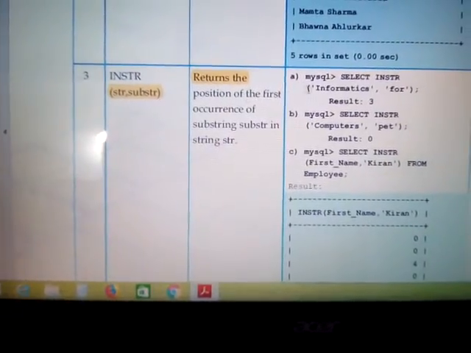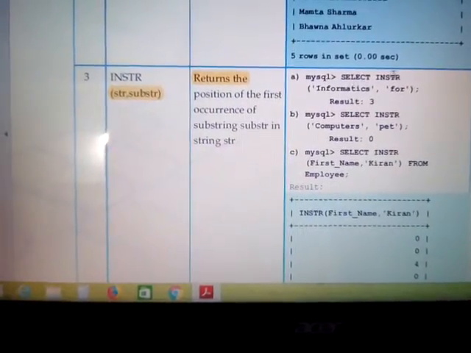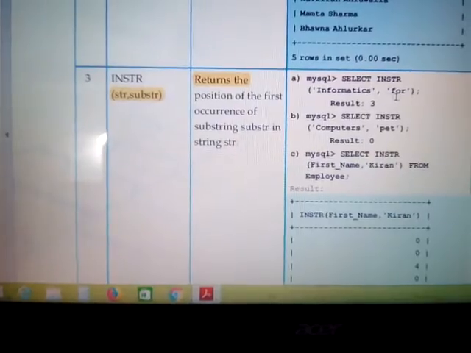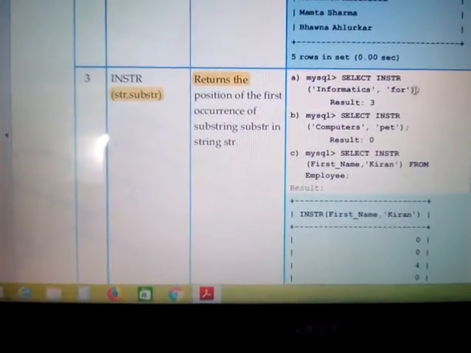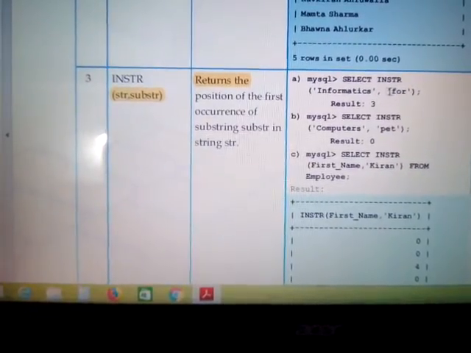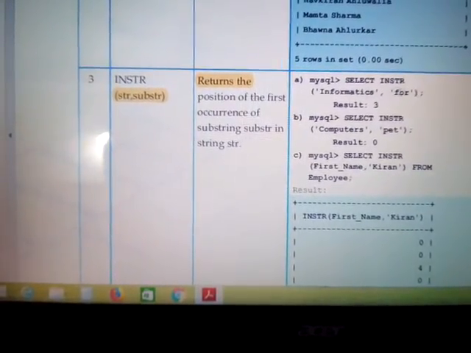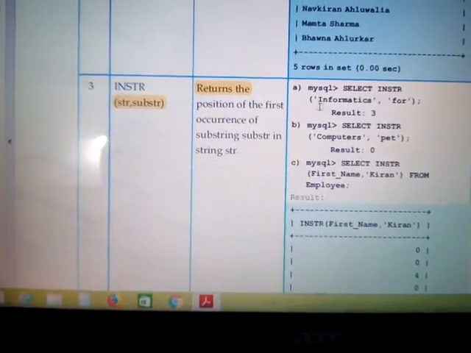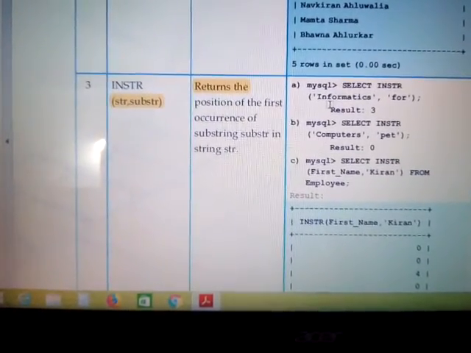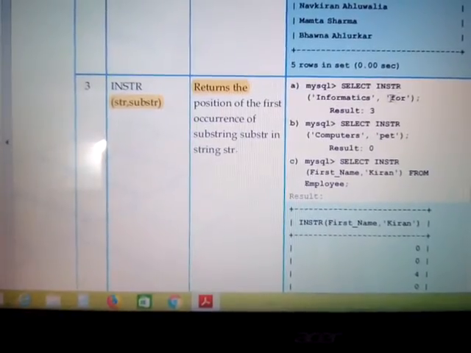Just see the example: select instr informatics comma for. This for is a substring. We have to check whether this substring is present in the main string, informatics. If yes, what is the first occurrence?